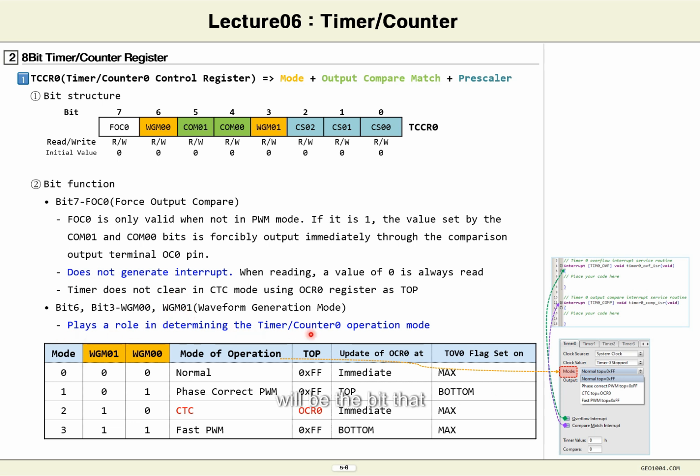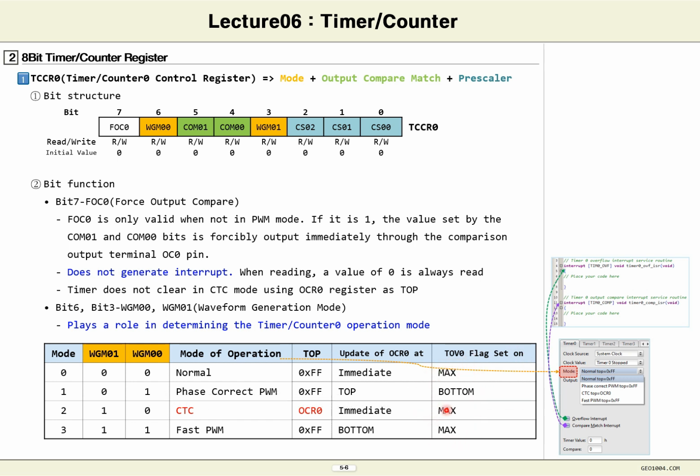This will be the bit that determines the operation mode of the timer counter. As you can see, the operation modes are divided into normal, phase correct PWM, CTC, and fast PWM, and the corresponding WGM bits can be set in 4 cases. The OCR0 update timing is as you can see. And please be aware that the timing of setting the flag for timer overflow 0 is also determined by the timing